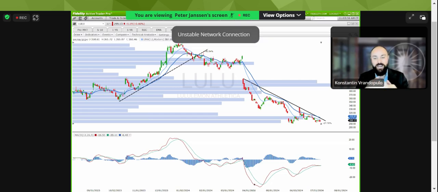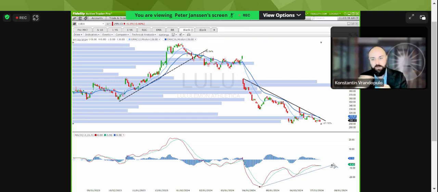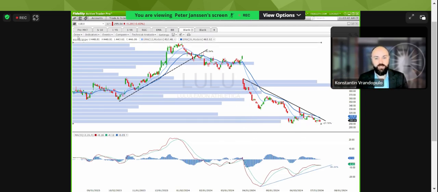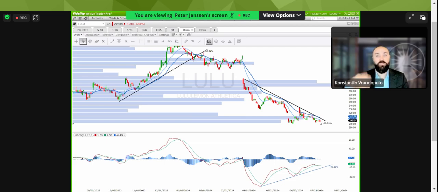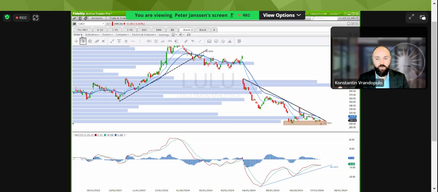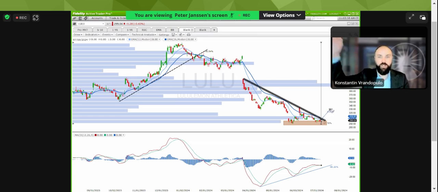It is basing at a massive volume shelf, so it's creating volume by price, i.e., equal value. And so if it breaks through the downtrend line, if it gets above those moving averages, what do you think the next likely stop is going to be? Well, it's probably going to go with gusto, and it's probably going to go and